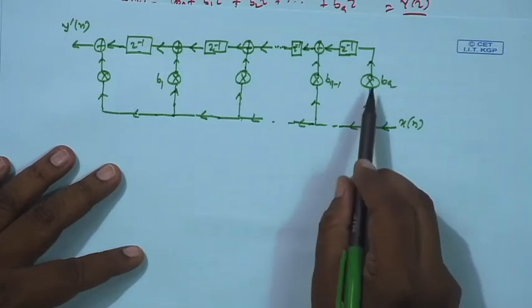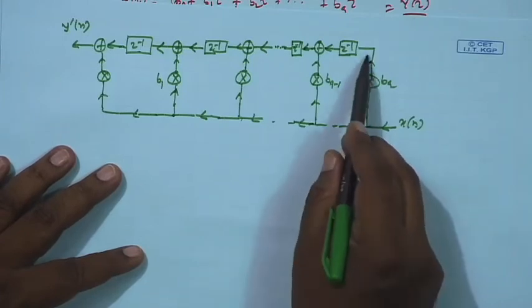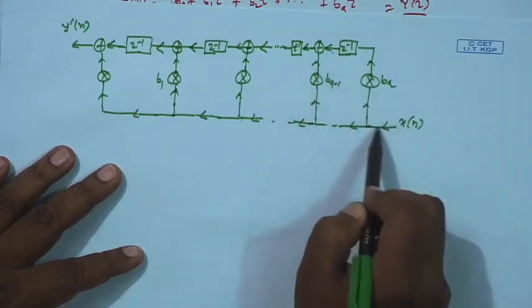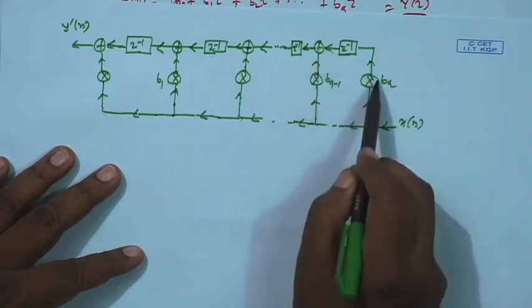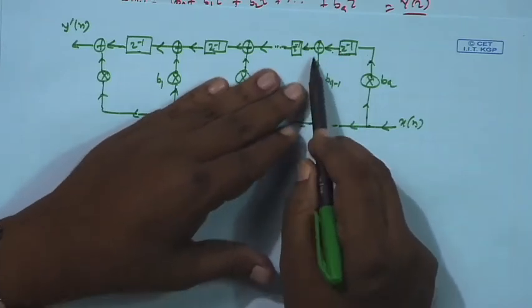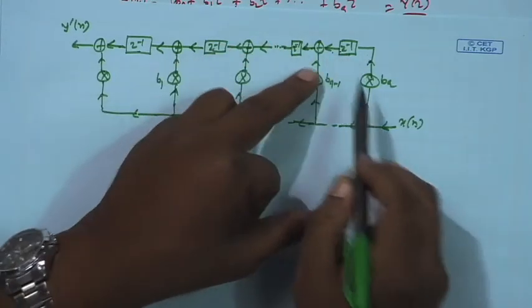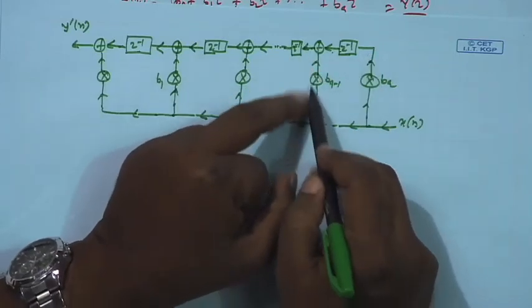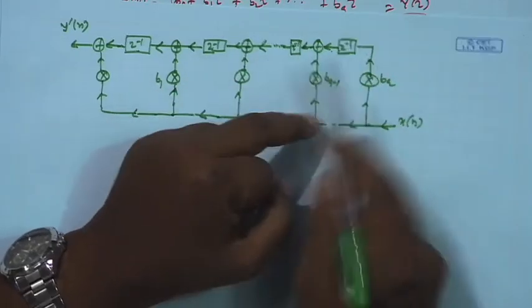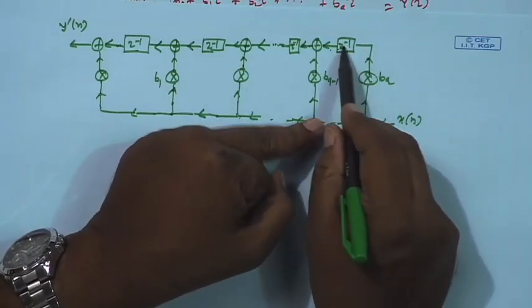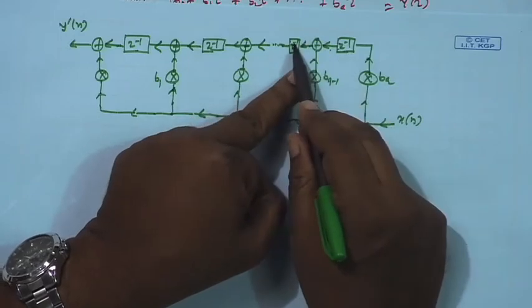See, x[n] is going through this path, b_q into x[n], then that component gets delayed. So, b_q x[n], x[n-1], that is b_q X(z) into z inverse. There is a contribution coming from this side, they get added and move forward, but suppose I take this contribution alone separately, do not mix up with this, I will take this also separately through this path. Finally, I will add. So, this contribution goes like this, x[n] into b_q z inverse, then again another z inverse,